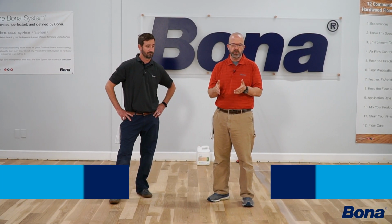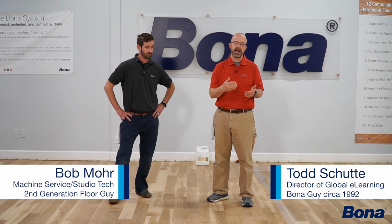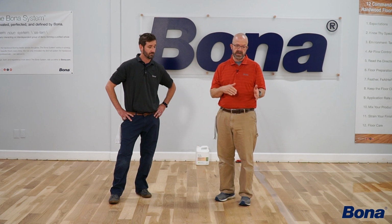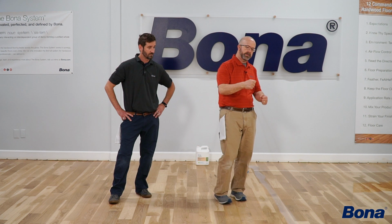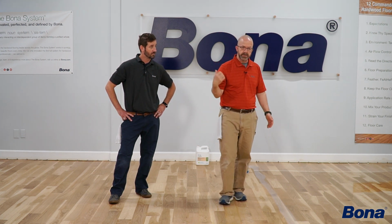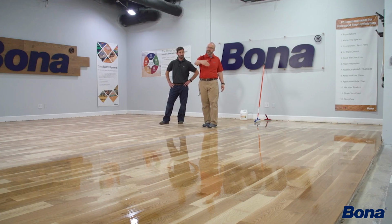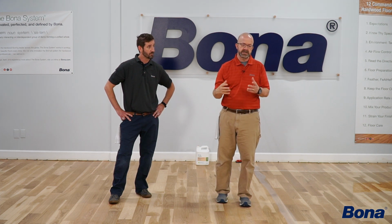All right, we're going to continue working in the field here, but show you, again, a different method, and this is going to be cutting in behind ourselves. So, again, the cut-in guy is still in control of the puddle, still in control of the cutting in, but now running the T-bar, instead of me padding out and worrying about taking out my own turn marks, I'm going to leave that up to the cut-in guy to do that behind. So what will happen is we'll take 2 or 3 passes, right, with me, and then he'll just continually work back and forth from each side of the room, getting down and cutting in behind to take those turn marks